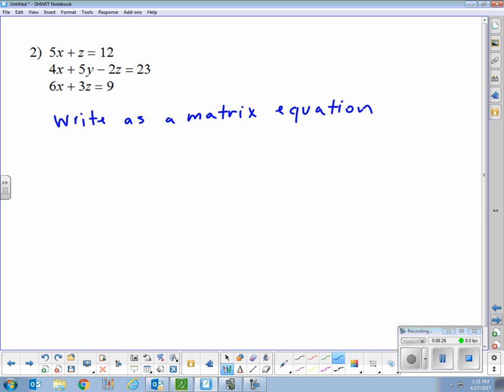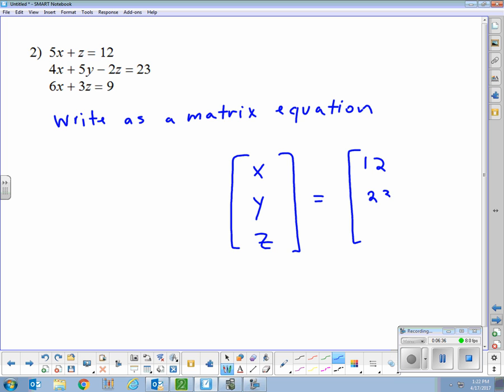So my variable matrix is going to be X, Y, and Z. It's going to equal my constant matrix, which is 12, 23, and 9. And I want to make sure that in my coefficient matrix my first column are x's, my second column are y's, and my third column are z's,